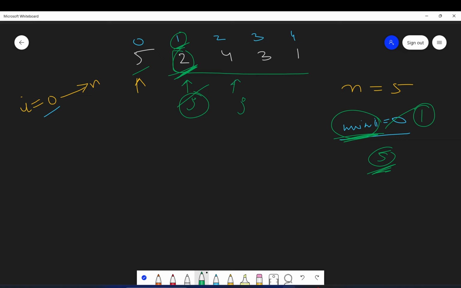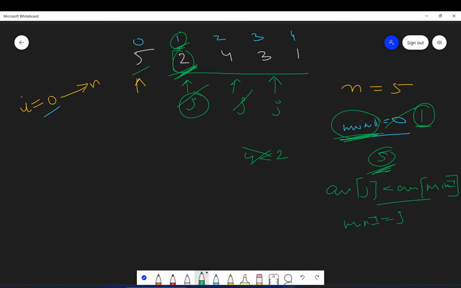Is arr of j less than arr of min index? If yes, then update min index to be j. But here arr of j is 4, which is not less than arr of min index, which is 2. So we will not do anything. We will just move forward.